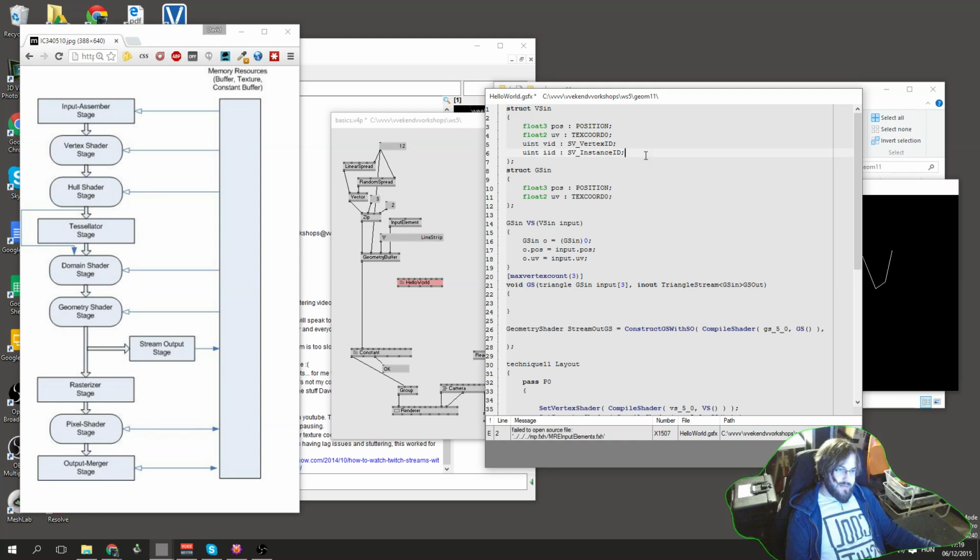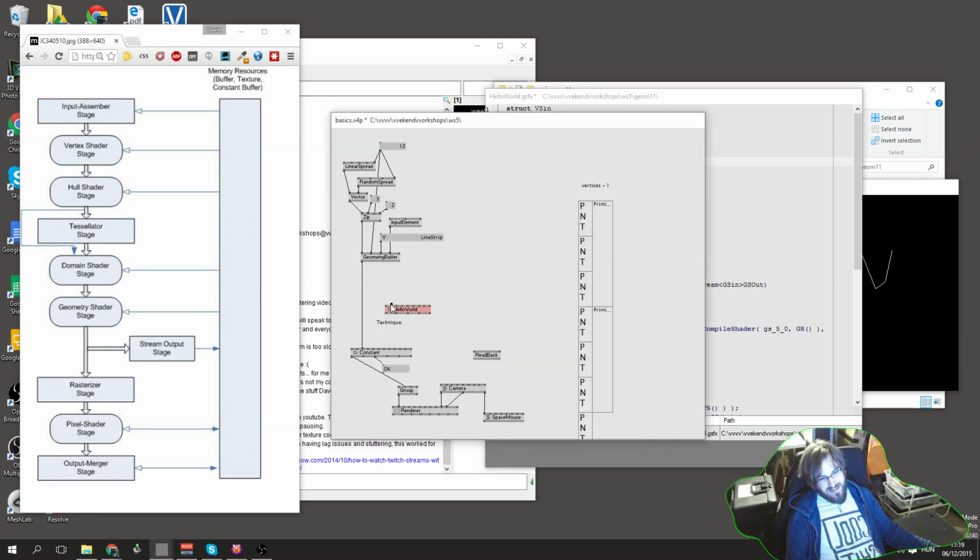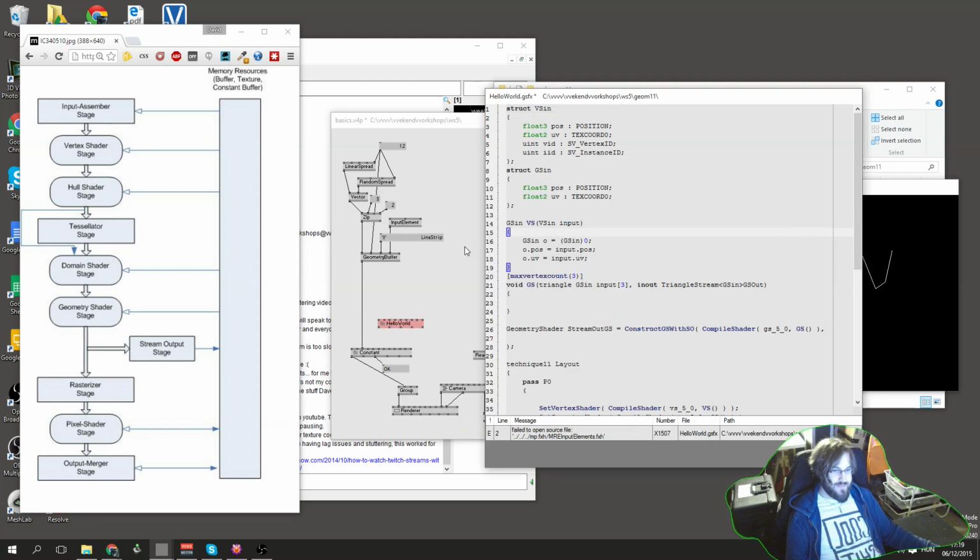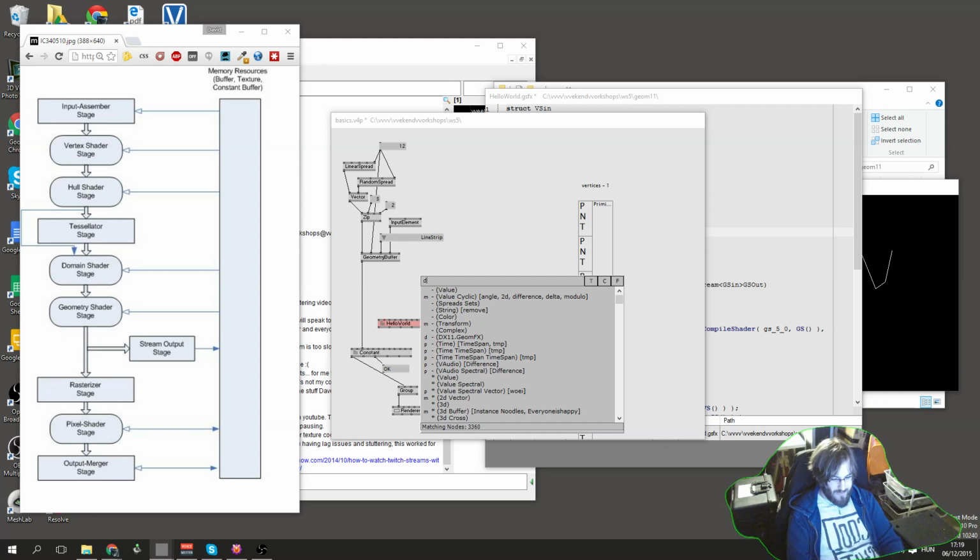And that is a way how the GPU will actually generate multiple draw calls out of a single geometry buffer. In more famous names, it's called instancing. And the way how you do this in vvvv, I will show that later. But yeah, we have a couple of draw nodes